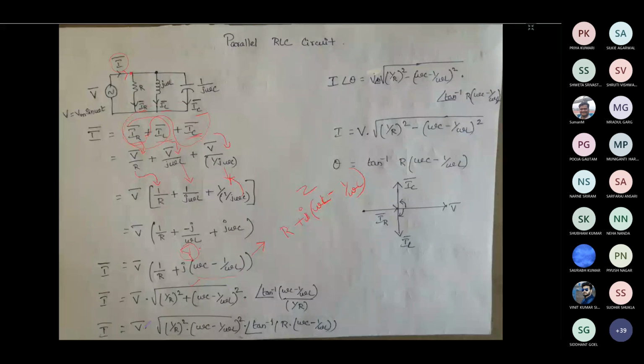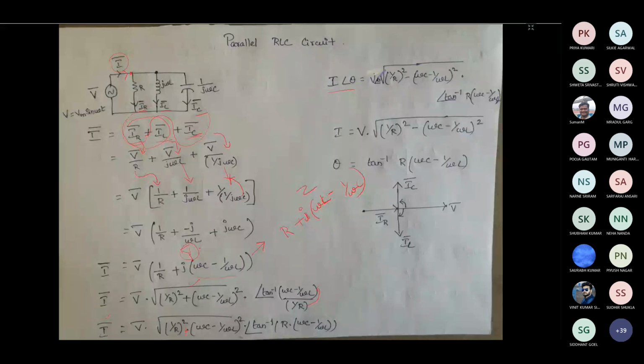So I phasor is given by V phasor into 1 by R whole square plus. So what I have done here is, I have taken the R to the numerator. So the overall angle can be given by R into omega C minus 1 by omega L. So now you are having I phasor and the remaining things here. So you can put the RMS value with its angle. So you can find the I angle theta. So you represent it with I angle theta.